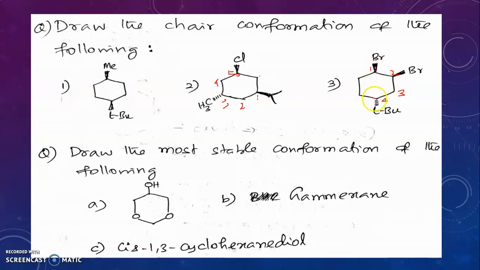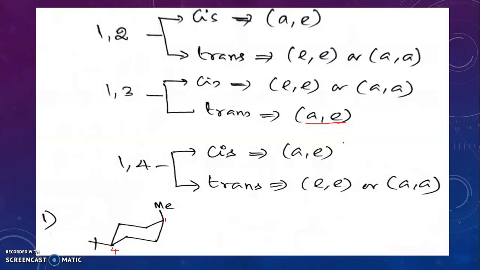So in 1 and 4 we have trans orientation. 1,4 trans means both should be axial or both should be equatorial. Since tertiary butyl group prefers to occupy only equatorial position,